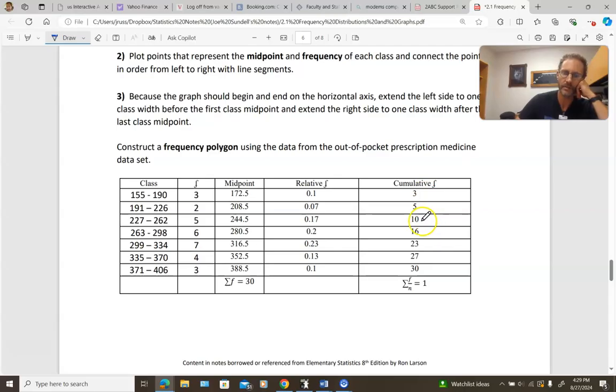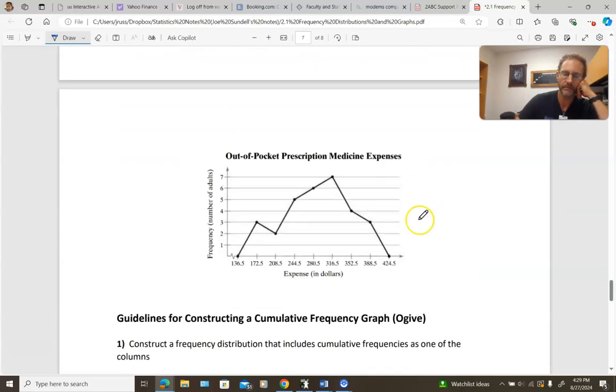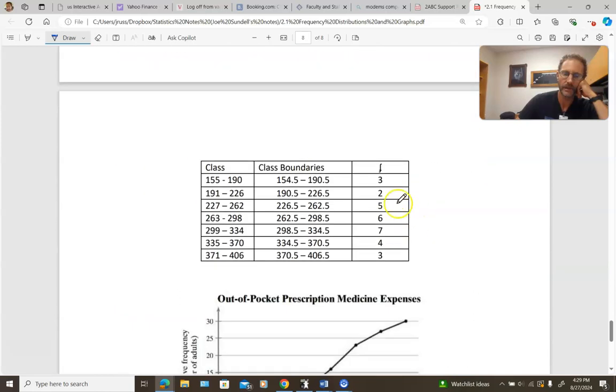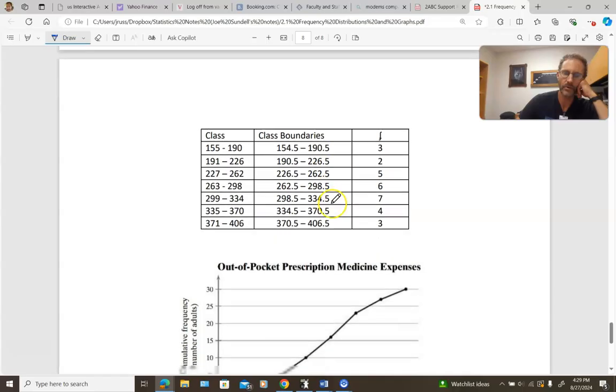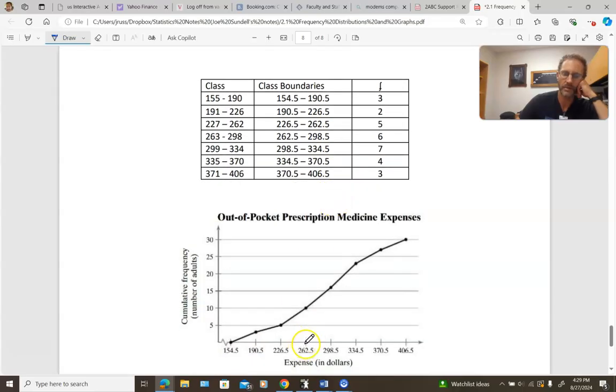And then you can see the cumulative frequency of the third class is 10. And the upper class boundary of that third class is 262.5. So at 262.5, this point has a height of 10. Okay, so to make